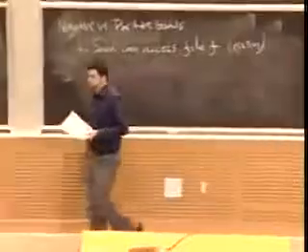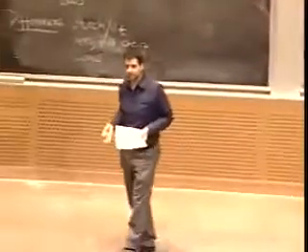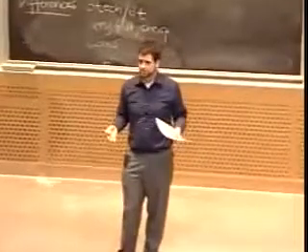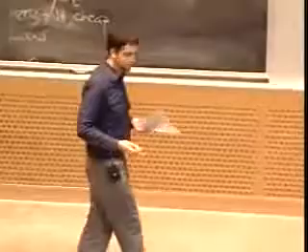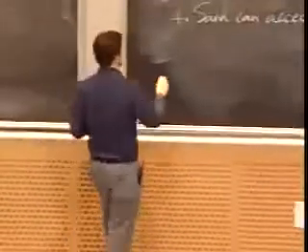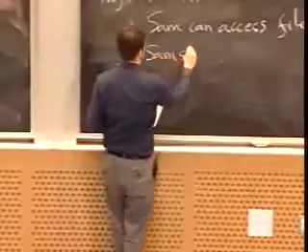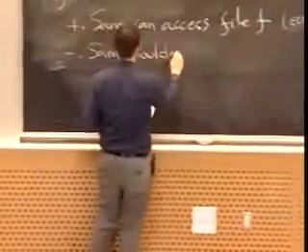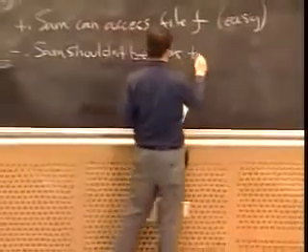Furthermore, if I can't access the file, and I think that I should have the rights to access it, I'm going to email my system administrator and say, hey, I think I should be able to access this file. Why can't I? Will you please give me access to it? Okay? An example of a negative goal is that Sam shouldn't be able to access